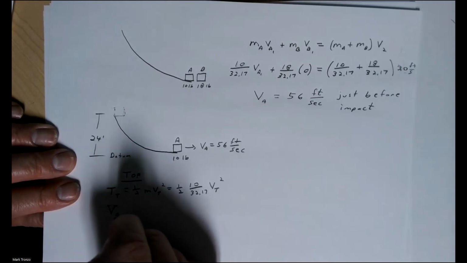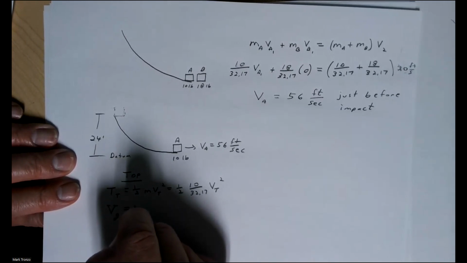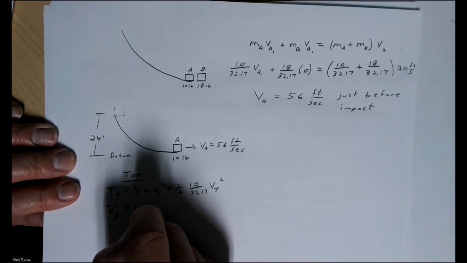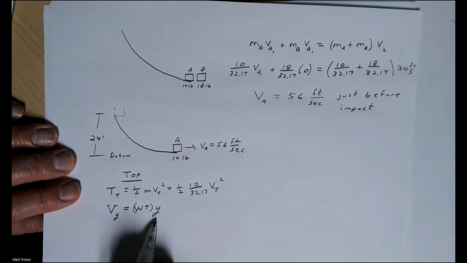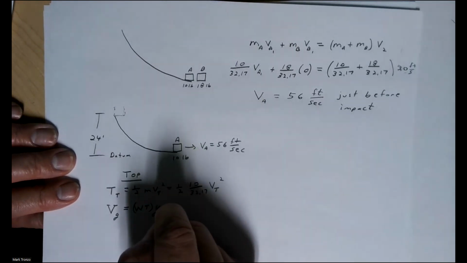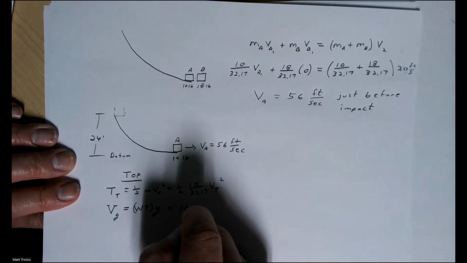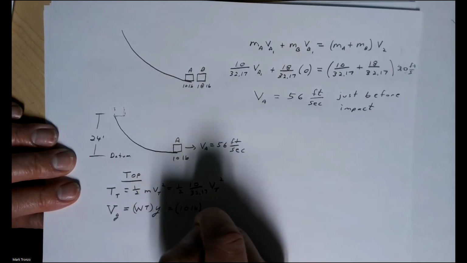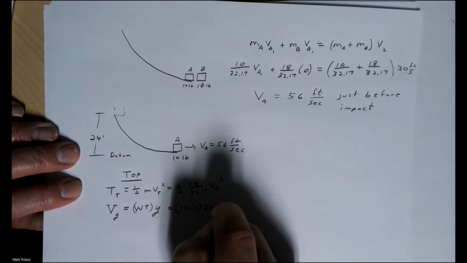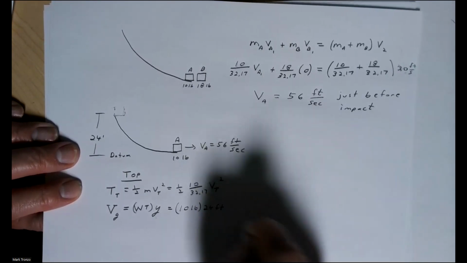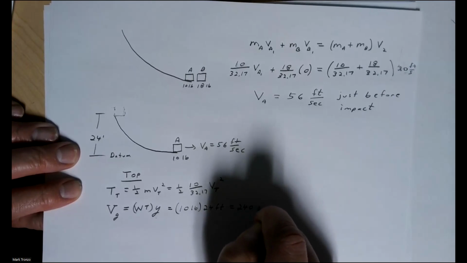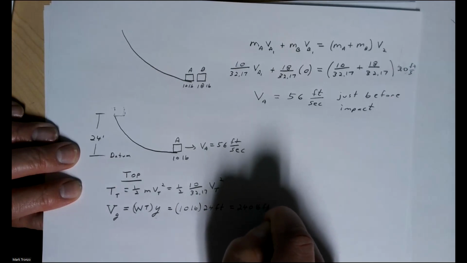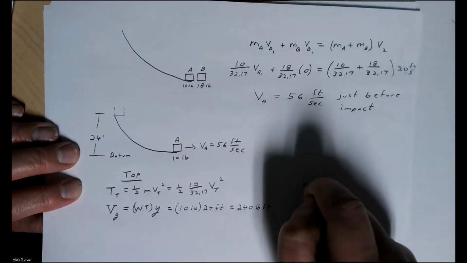And the potential energy when it was at the top is going to be the weight times the y, and this would be the distance above the datum line. And so it weighs 10 pounds, and it's going to be 24 feet. And so this is 240 pound-feet. Then at the bottom,